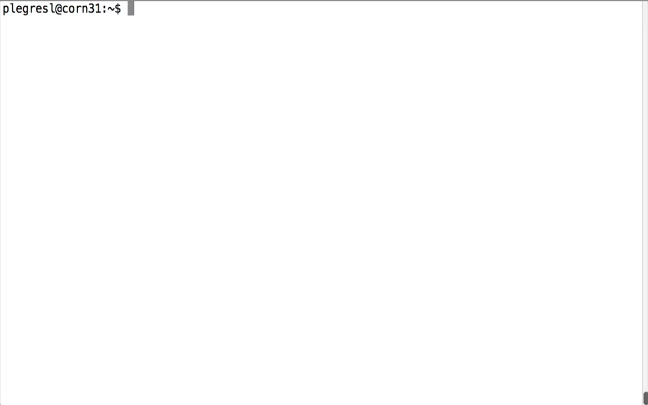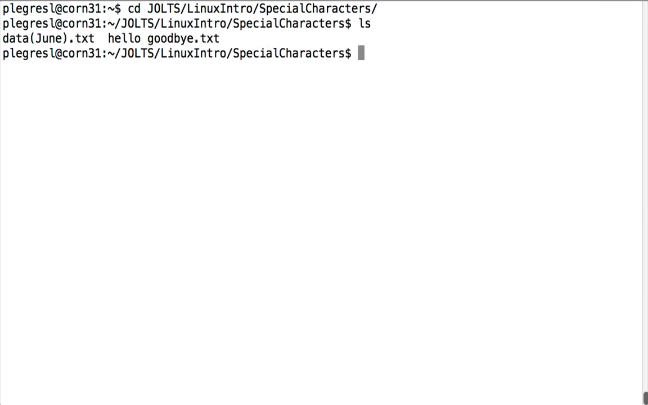Okay, I'm going to briefly talk about the implications of special characters in directories and file names. So the first thing we're going to do is move into the Jolts Linux intro special characters directory. And if I do ls here, it looks like there's a text file data.june.txt with parentheses, maybe a directory hello,